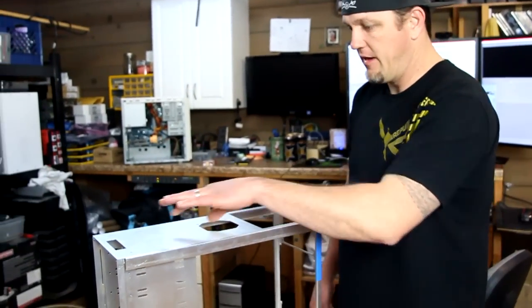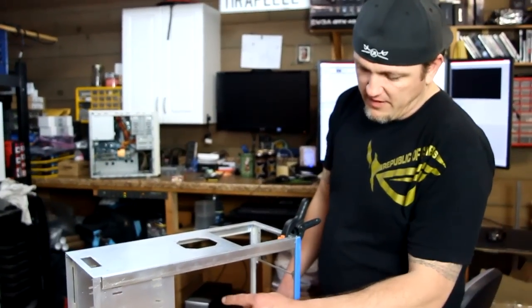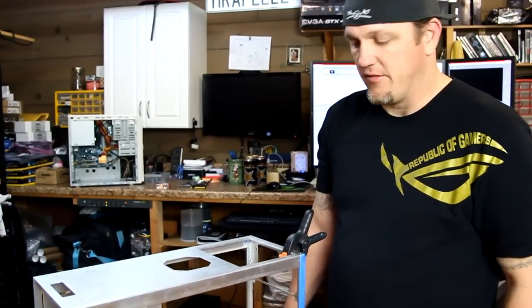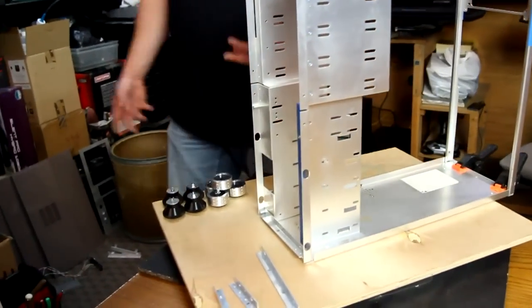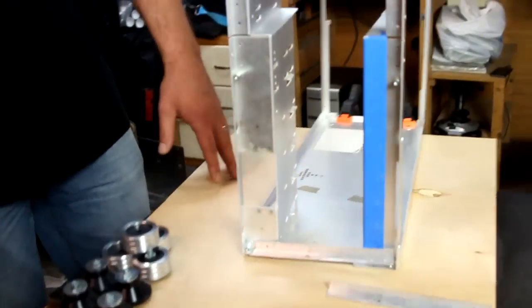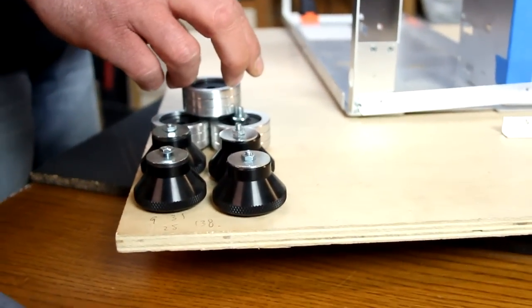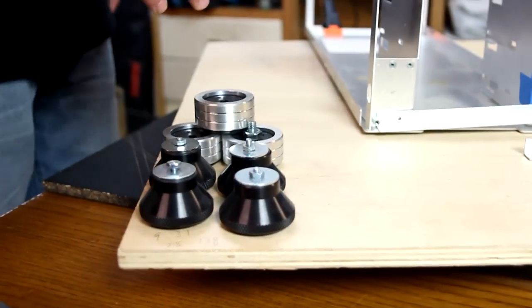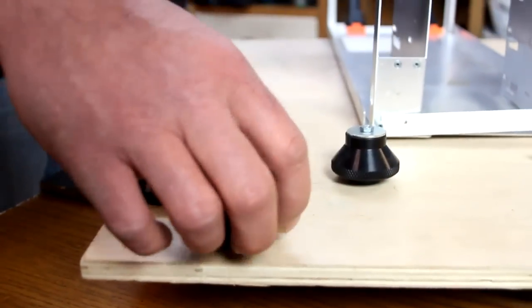And then I'll chop the top out for a 360 rad, and most likely on the front will be a 360 rad also for water cooling. And then I already talked to Bill Owen about some parts for helping me out on this chassis. I already have some of his feet. I have 2 different types here. I have the